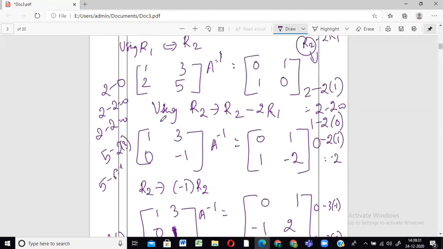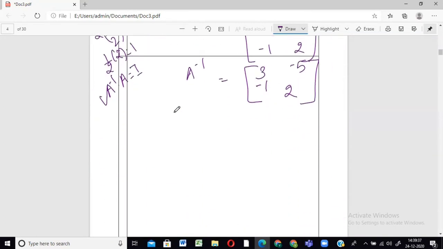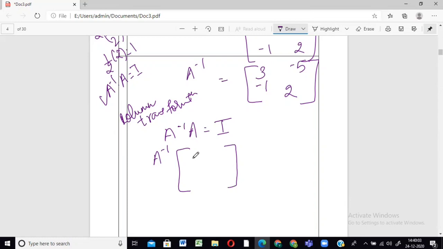We initially did A into A inverse is equal to I. So let us do it using A inverse into A, which is equal to I. But this time, instead of row, we will use column transformation. Okay, it's same, but सिर्फ row में अभी जो तुम operation perform करते थे, अभी we're just going to do it for column transformation and with this change. Right? Okay. So here again, we're going to write it like how we wrote it over there. A inverse, we don't know. A is something like this. 2, 5, 1, 3, which is equal to 1, 0, 0, 1. That's your identity, right? Okay.